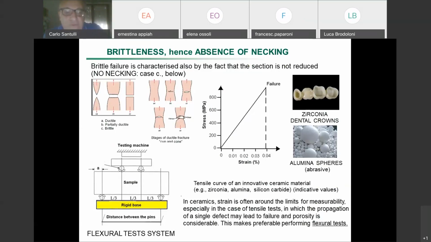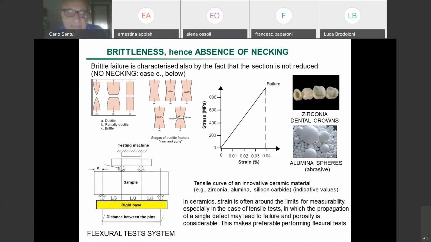the bottom, a 4-point flexural test, which is more usual for ceramic because it makes the load more constant, also the pressure more constant. Also because the tensile deformation you would expect is very low. The flexural deformation is a bit more in a ceramic. So it's not a problem to measure the compression